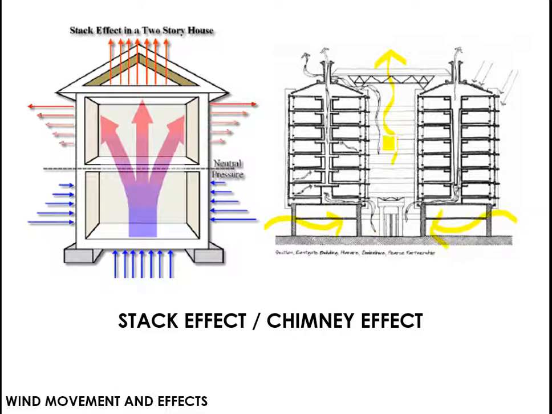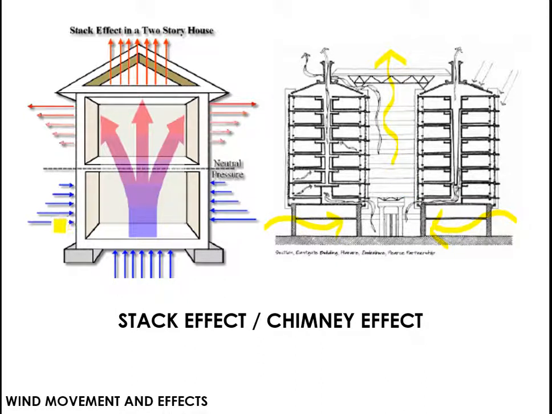Okay, so when you have openings on the top of the building, or fenestrations on the top of the building, if you create a shaded courtyard, a suction effect takes place because of the courtyard principle, and the warm air tries to move up, and the cold air tries to descend down. This is a natural phenomenon which takes place inside the building if the building is properly oriented and properly designed accordingly. Okay, so this is called the stack effect or the chimney effect.